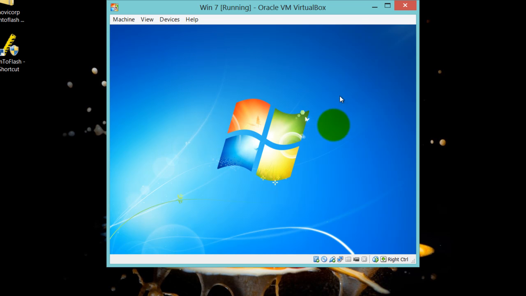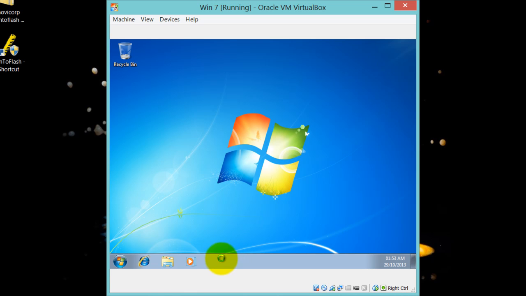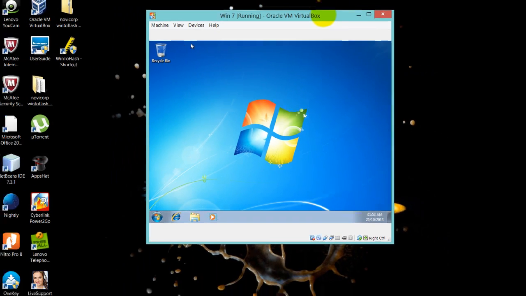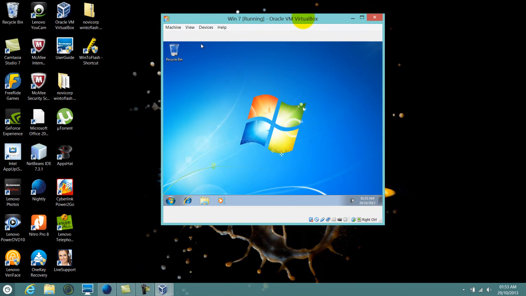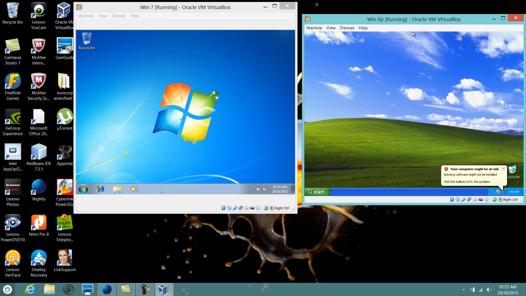Here we are, logged into Windows 7. Now it's taking a little time for your icons and your taskbar and all that to come up. But here it is. We're logged into Windows 7, Windows XP,